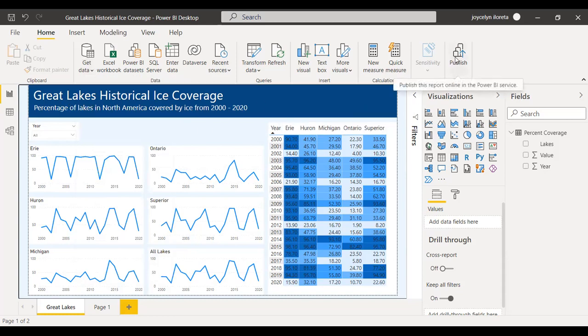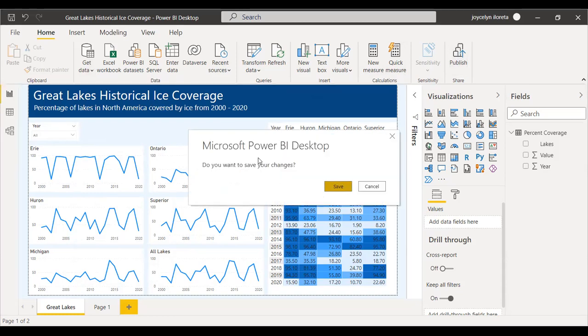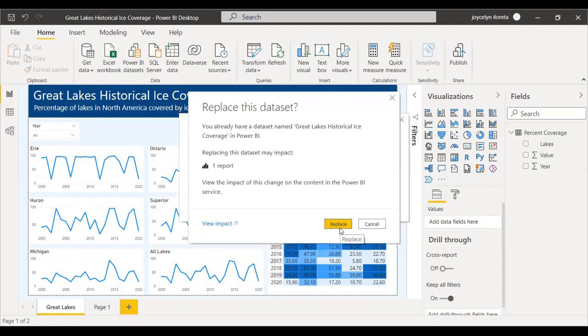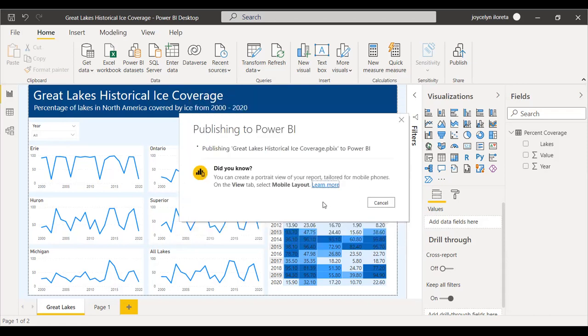And so what you're looking at is the Power BI desktop, where you can easily build your dashboard and report. But if you want to publish this to a website, usually corporations have their own reporting server. So you will have to publish this, and then you will be asked for your workspace where you want to publish it. And then, okay, I already have an existing report of the same name, so it will ask me if I want to replace. And then once it is published,